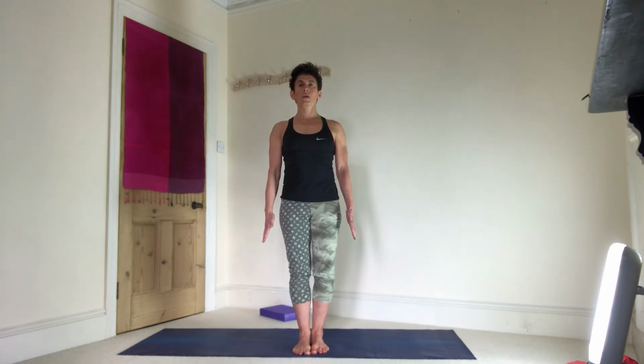And making yourself longer and beginning the arms up with two long straight lines running in front of you, going up into your Hastasana. Think of the shoulders keeping down and away from the head. If the shoulder feels a bit tight, I'm going to let the arms maybe go out a little bit wider,